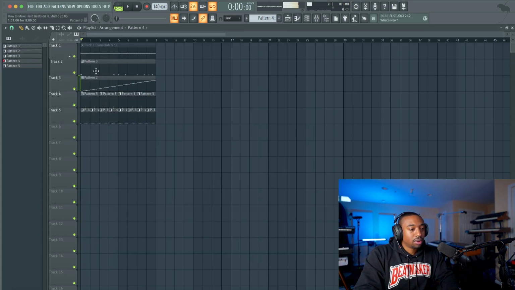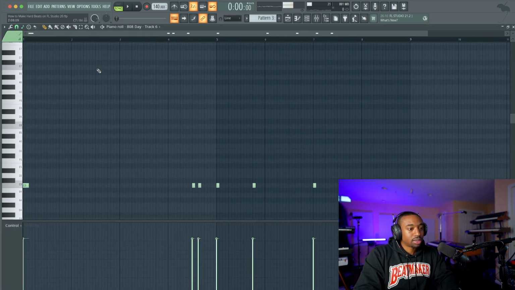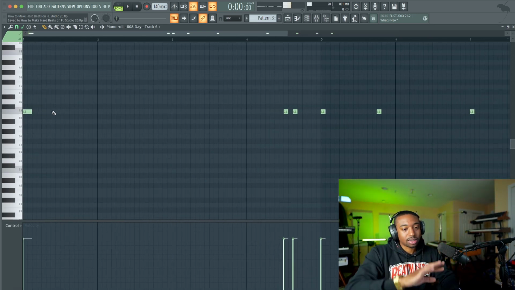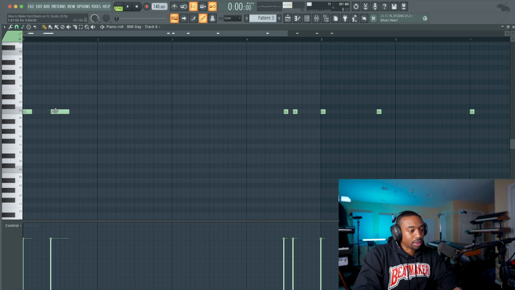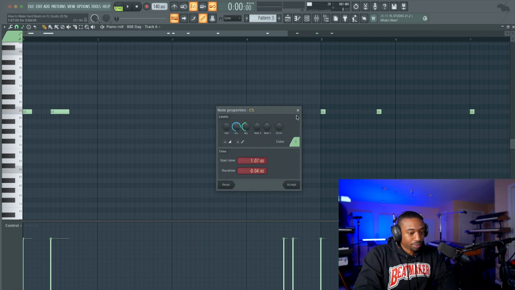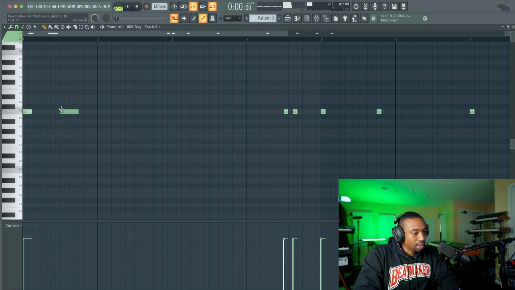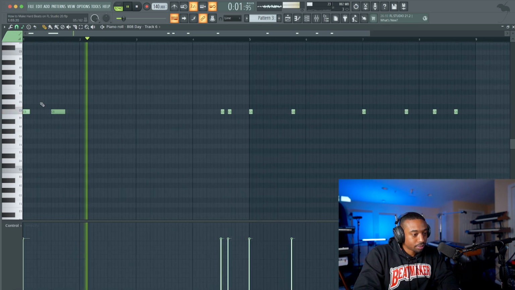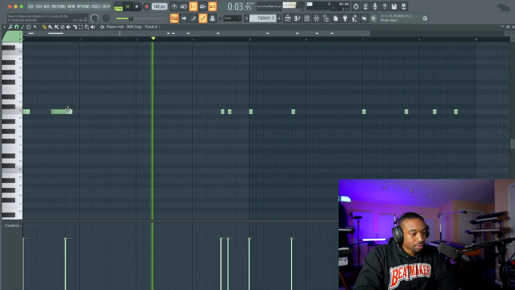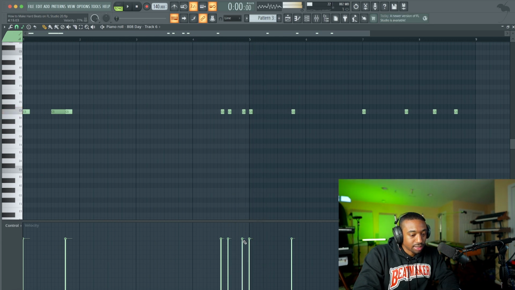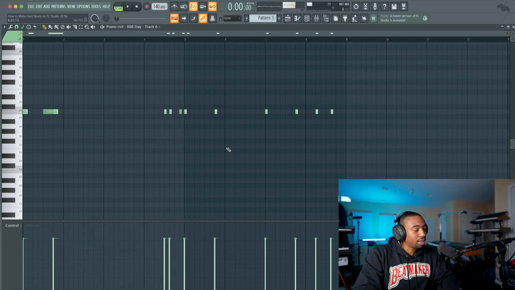Also, let's go back to our 808, and I'm going to show you something that you probably haven't seen, which is we're going to add mute notes. Okay, so the 808 just rings out, but what if we stop the 808 from ringing out? Let's double click on it and just turn the velocity down. So it goes boom, stop. Let's add these mute notes in here to tell the 808 to cut off.